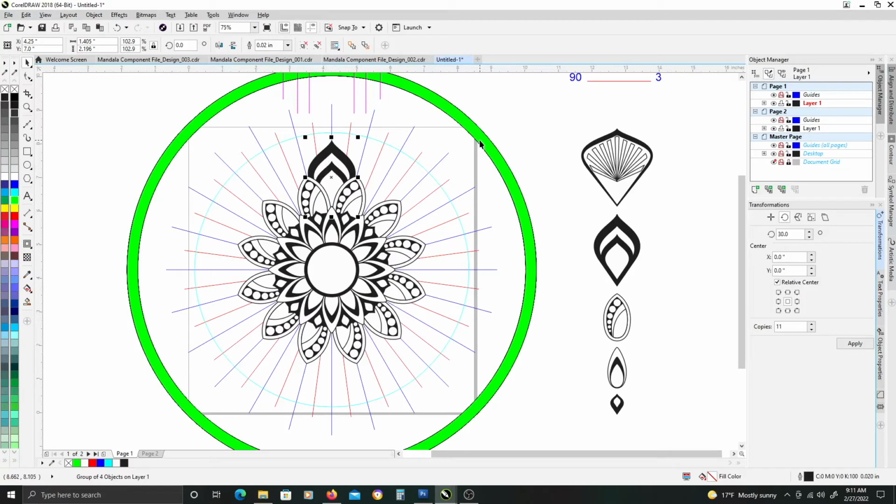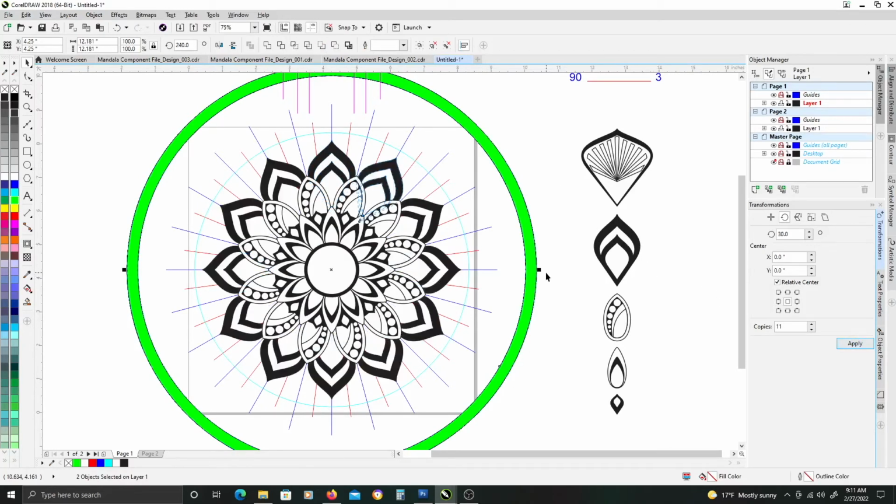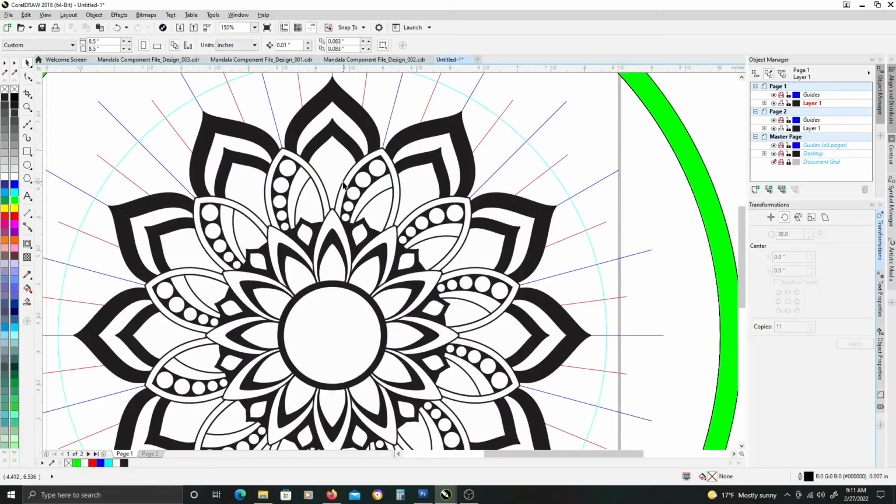Yeah, I like that. So we'll select our green circle, click apply the rotation, select all the objects, hit Control G to group,